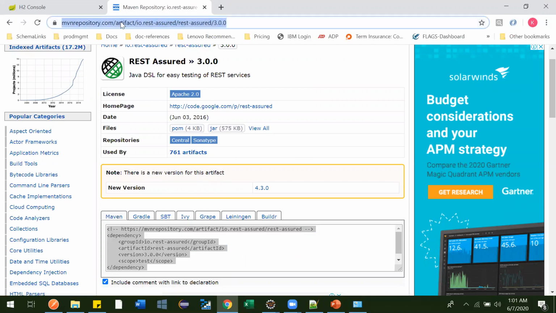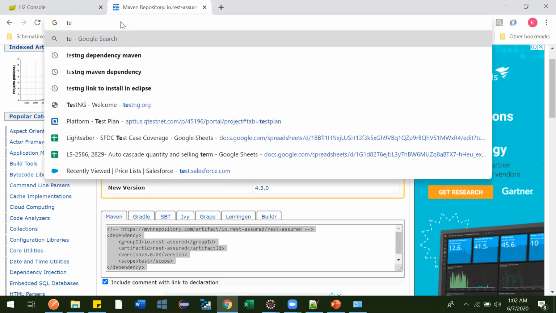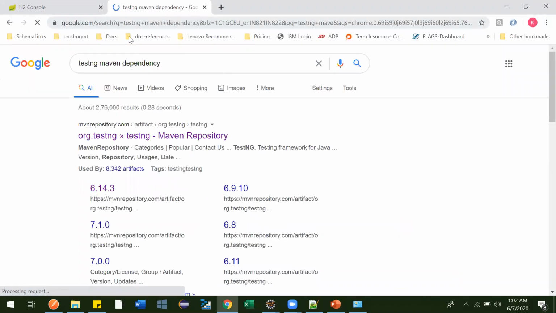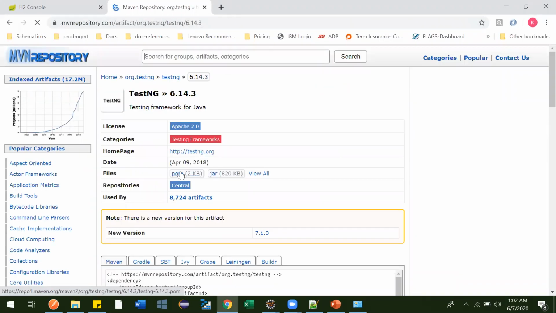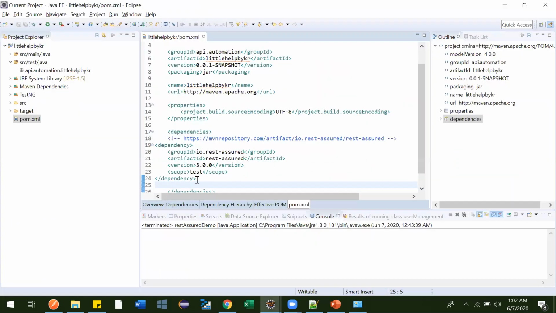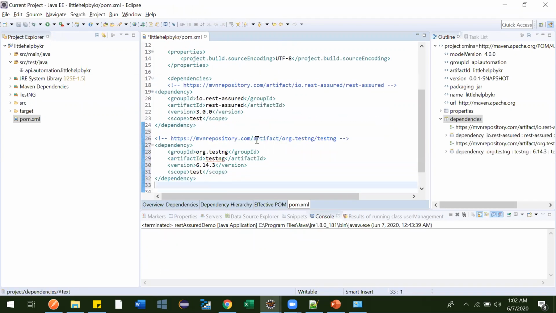Now that we did that for REST Assured, go for the TestNG Maven dependency. Similarly, this version we are going to take, just copy this one and paste it under the dependency section. This is the first dependency we added, and below that we can add the second dependency.